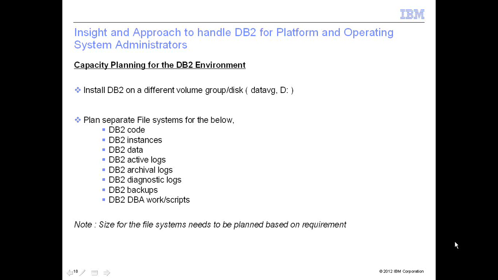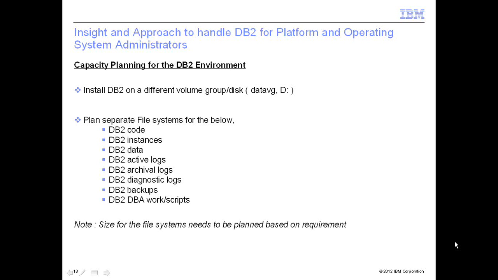Always make sure you install DB2 on a different volume group or a different disk other than that of the system disk. If you know on Windows, if you just have the C drive with your system data, it's really a risky affair, because if your system C crashes, your data is gone and there is no other way you can get it unless you have a sound backup system in place. So always we recommend you to have a separate disk or a separate volume group for the data or the database code.